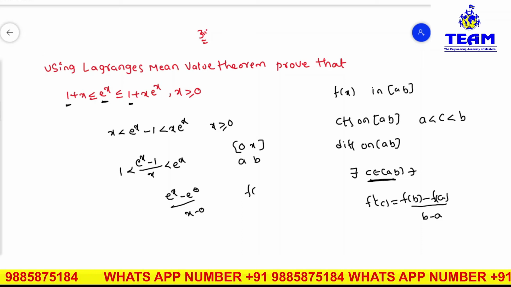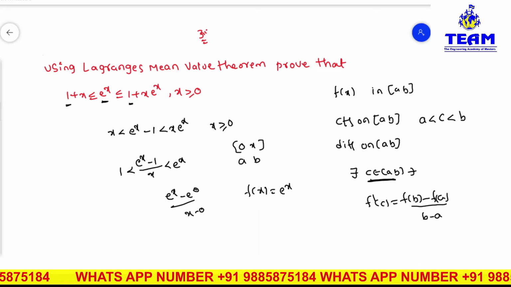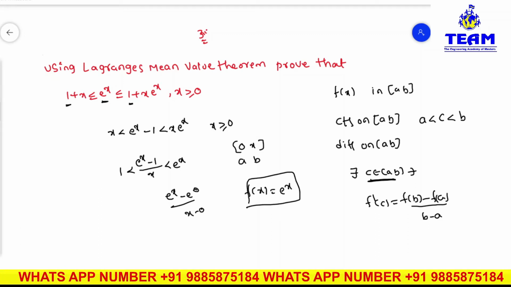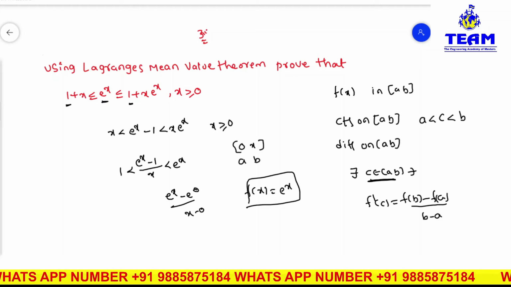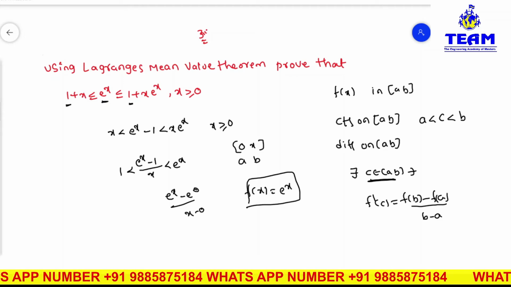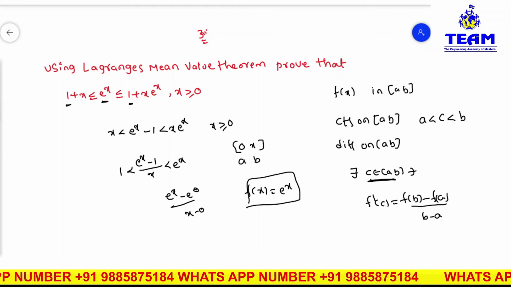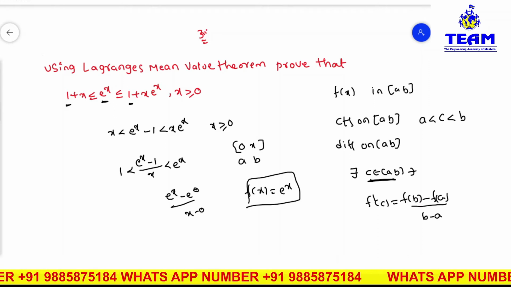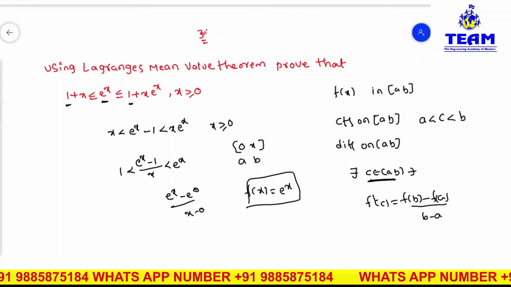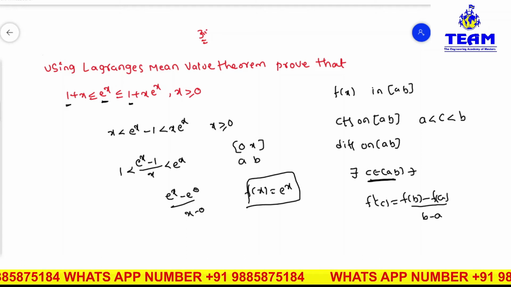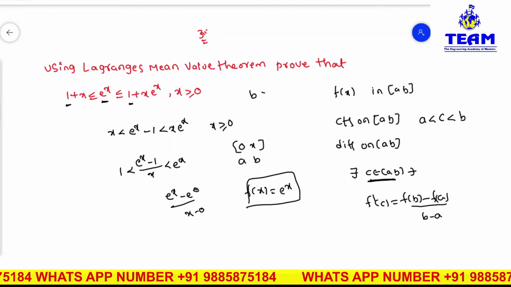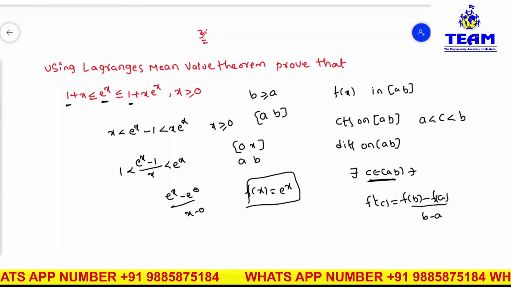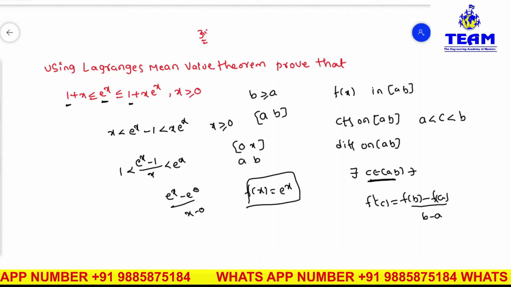So what is f of x now? You have to consider f of x as e power x. Why are we considering f of x as e power x? To get this inequality, we have to take one function. Which function you have to take, just cross verify like this. No need to write this one in the exam. So I am considering f of x is equal to e to the power of x and the interval is 0 comma x. Why 0 comma x? x is greater than or equal to 0. Suppose if you have b greater than or equal to a condition, then you need to write a comma b as the closed interval. Is it clear? Right. Now coming to the solution.